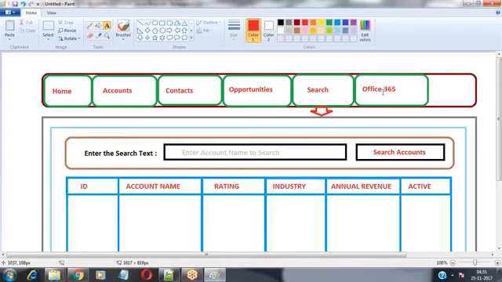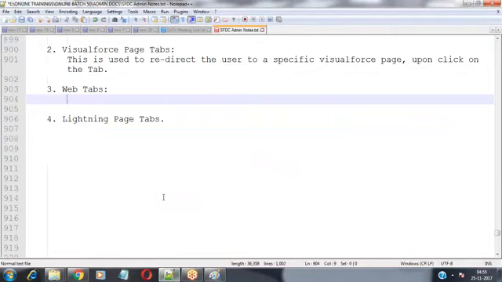Based on the website name or the URL of that application, we can redirect the user to that third-party application also. Whatever the application may be, we can redirect the user to it upon click on that tab. That flexibility is there. That's why we are using web tabs.